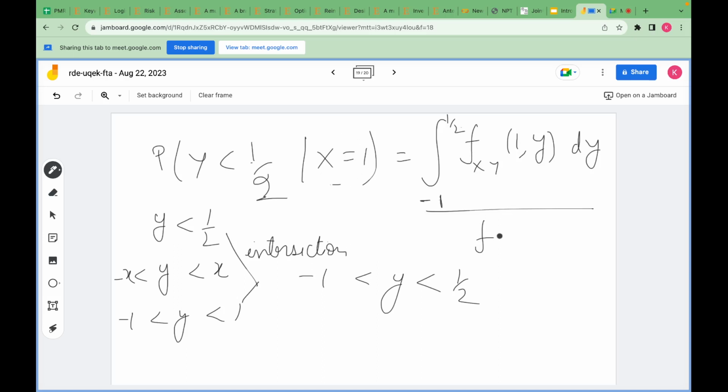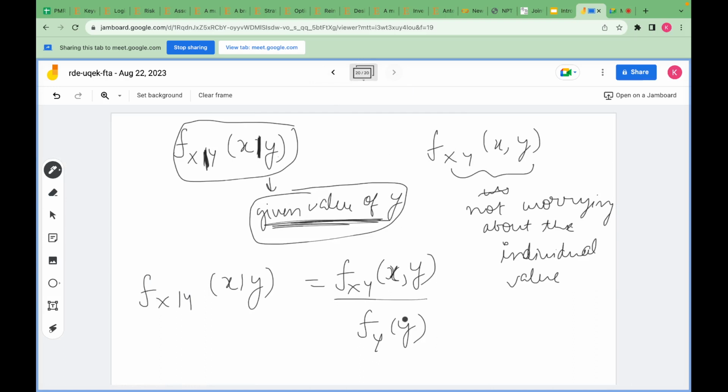So that will be f of 1 comma y, dy, where y will range from -1 to 1, because this condition is not there, right? Because here we are focusing only on this one function, on which this conditional probability is given. Okay,